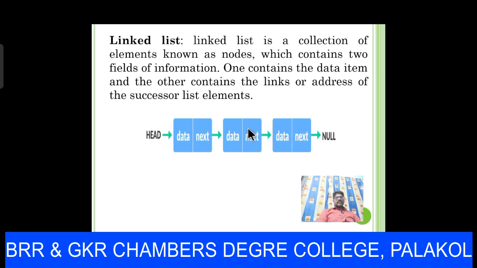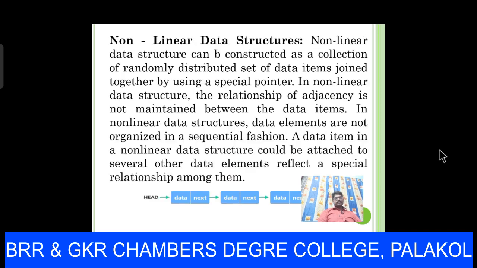Okay, so this next contains the address 1044 because the next node address is 104. And for the last node, there is no other node here, so the last node address is a null pointer. So this is called a linked list. Linked list means we can link one node to another node with the help of pointers.